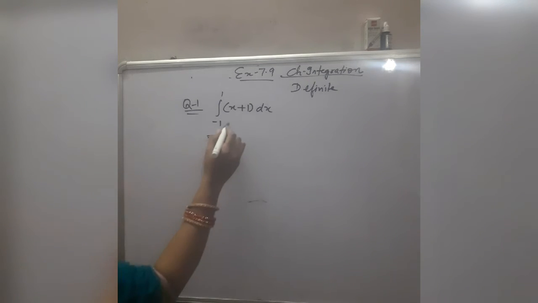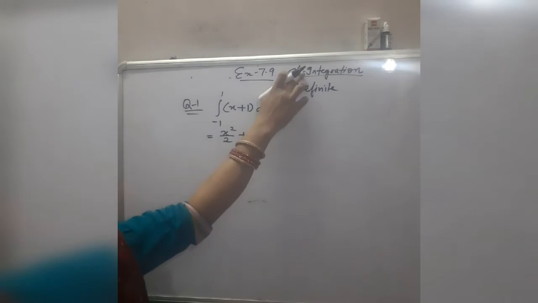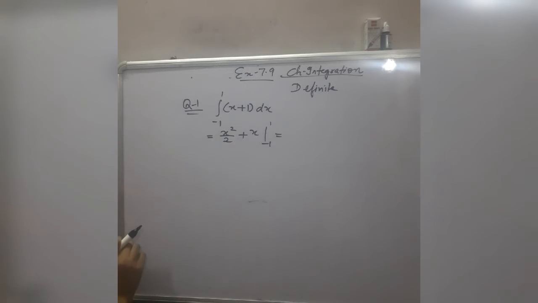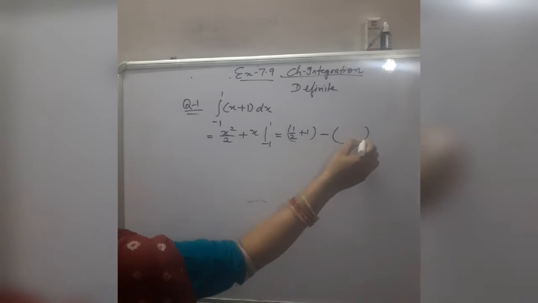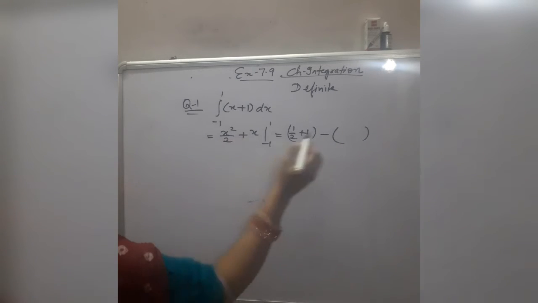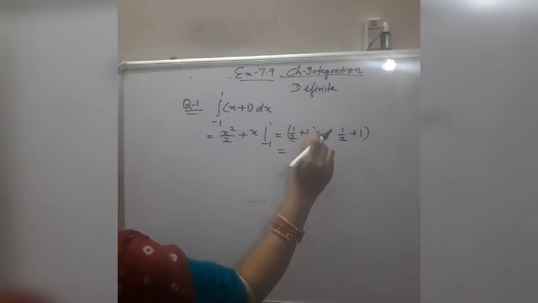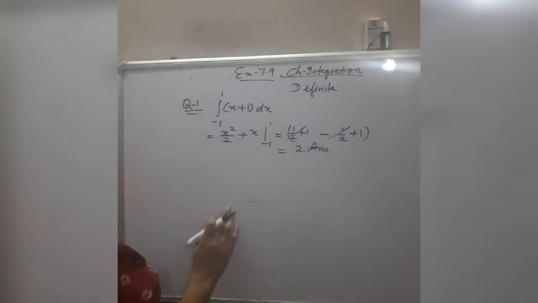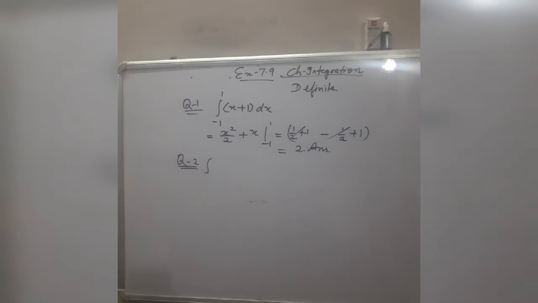So firstly, integration of x plus 1: integration of x is x square by 2, integration of 1 is x, and here we will not use integration constant in case of definite integration. Now in place of x you will put upper limit minus lower limit. If you put x is equal to 1, it becomes half plus 1, minus now lower limit. In place of x write down minus 1, square of minus 1 is again 1, minus 1. When you remove this bracket, this minus 1 is changed into plus 1, minus half is cancelled with plus half, so 1 plus 1 becomes 2. So answer is 2.